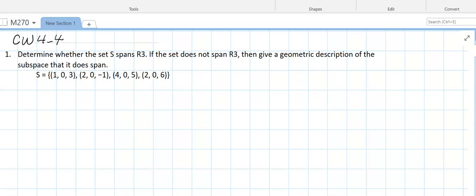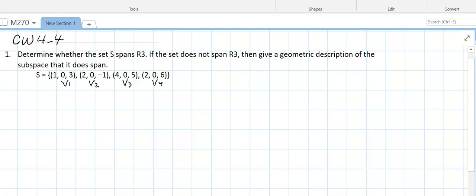Determine whether the set S spans R3. If the set does not span R3, then give a geometric description of the subspace that it does span. So if you look at this set S with the four vectors, if I call them V1, V2, V3, V4, what